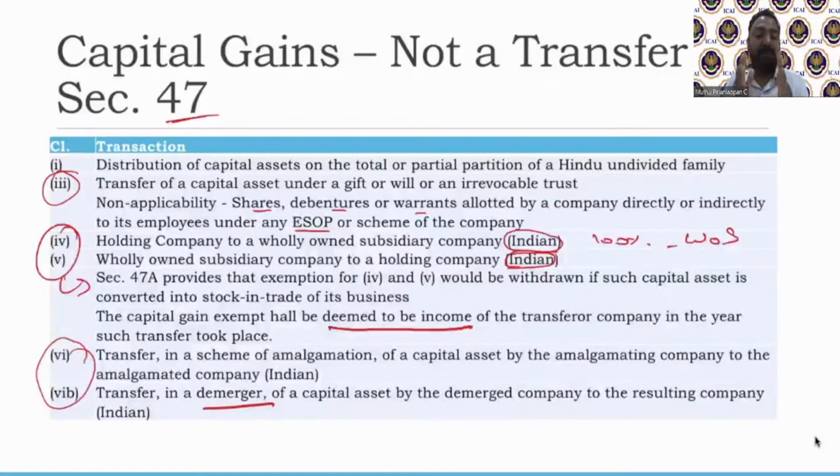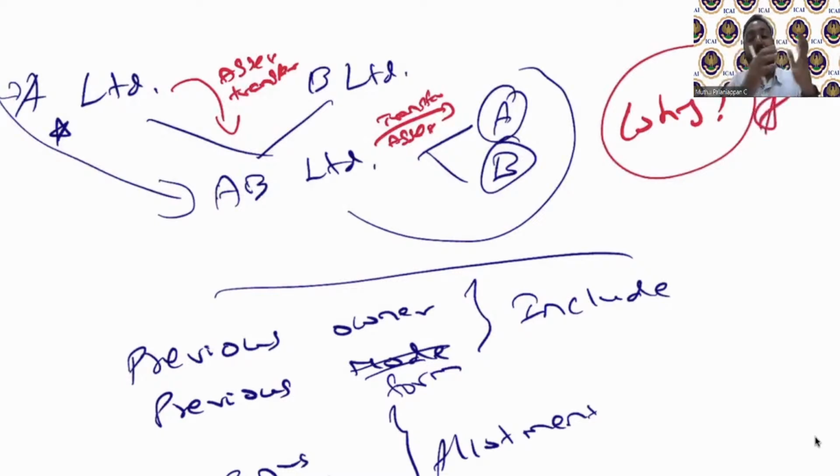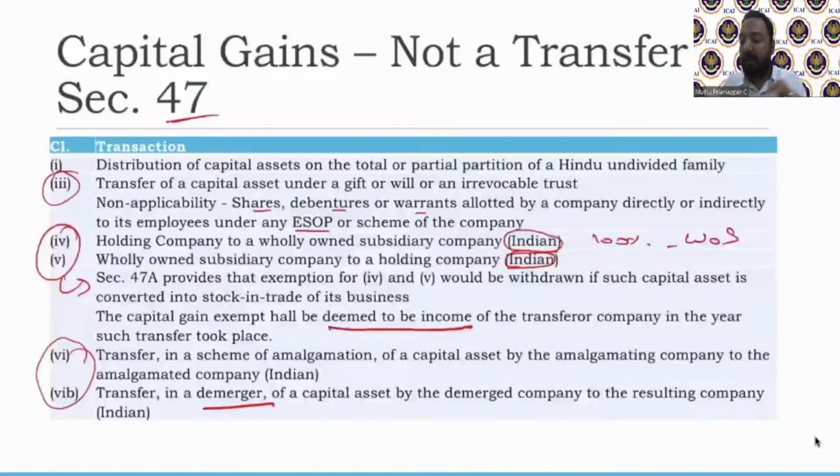I think I've made it very clear on why. I'm stressing this why because it's a very important question. You need to understand why there is a provision. You understand the why, you will not forget. So this becomes very, very critical in remembering the provisions for a longer period. We are not saying the provision, we are saying why there is a provision. I'm trying to link what we read in this exception to this period of holding, and which is not called a transfer.